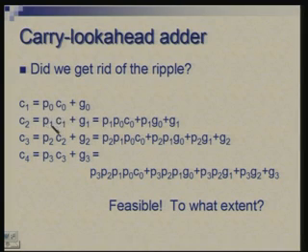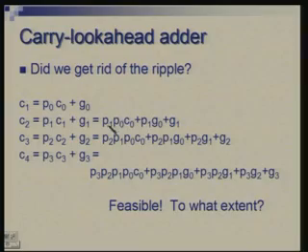Now we can make substitutions of the kind we did earlier in terms of A's and B's. The value of C1 we take from the first line and substitute here, and we get another sum of product term. This term we substitute here, we get this, and we substitute here, we get this. Again we have a growing expression, but you can see that the growth is much more contained. Of course, this gives a feasible way of doing it, but to what extent can we do this? We still cannot keep on doing this for 32 stages. So, we will do it for limited stages and then allow the carry to go in the normal way.